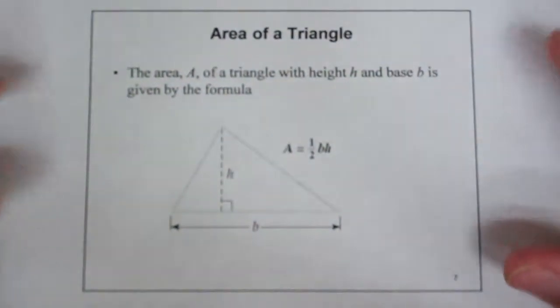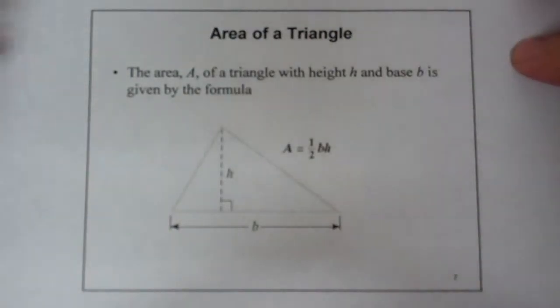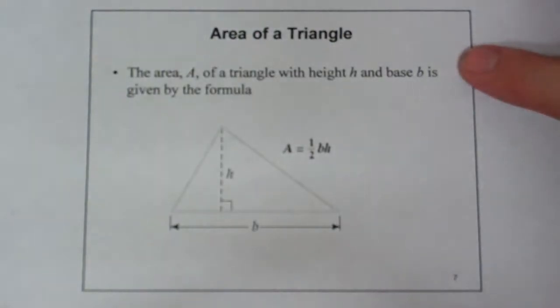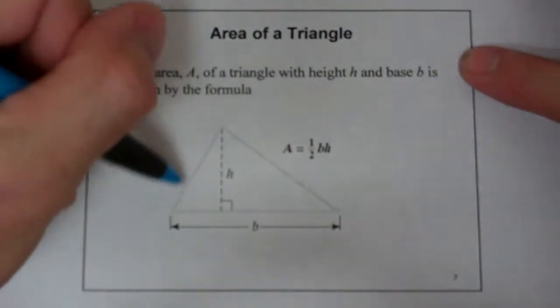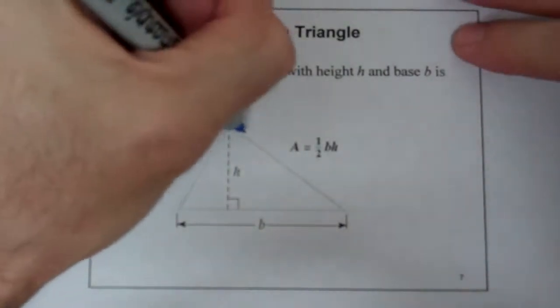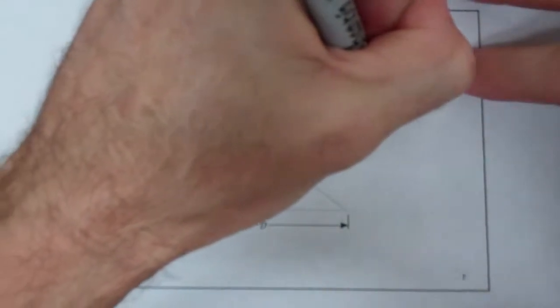Next, we have the area of a triangle. And the area of the triangle is given by 1/2 the base times the height. And hopefully you can see why. If I took this triangle right here, and I went ahead and duplicated it and put it up here like this,